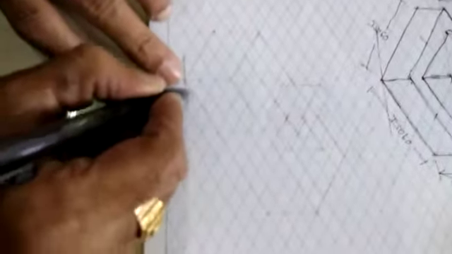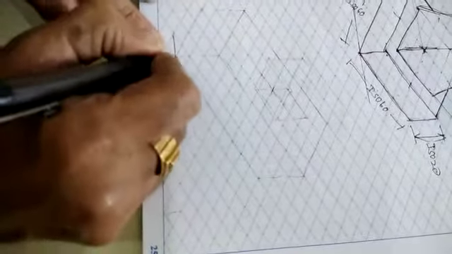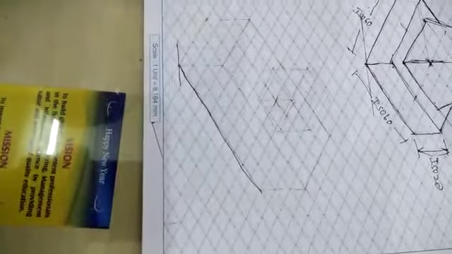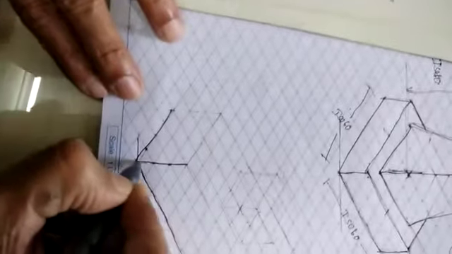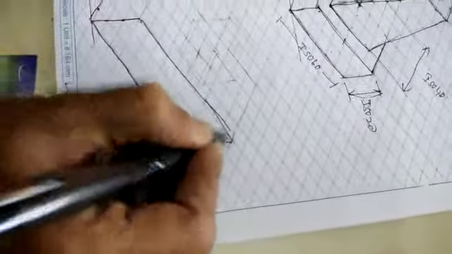You can start at any point. The length is 100. Generally on the right side you count 10, 20, 30, 40, 50, 60, 70, 80, 90 and 100 here. So you draw 100 there. Breadth is the other side. The breadth given in the problem is 40, so you count 10, 20, 30, 40 here. Height will be 30 mm, so you count 10, 20, 30. Here also you count 30. So you complete the rectangular block here.